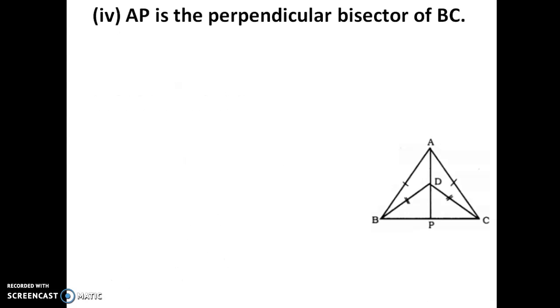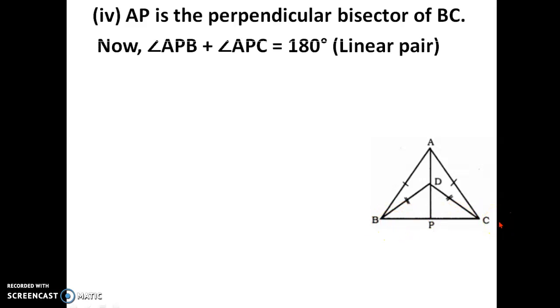Then fourth subdivision, AP is the perpendicular bisector of BC. So this angle, side AP is there, no? AP is a perpendicular bisector of this line BC. We have to prove that. So for that, we are taking